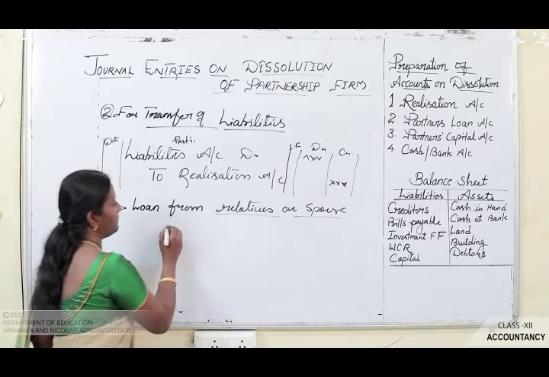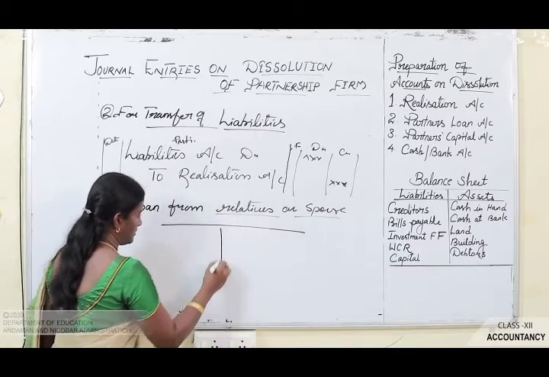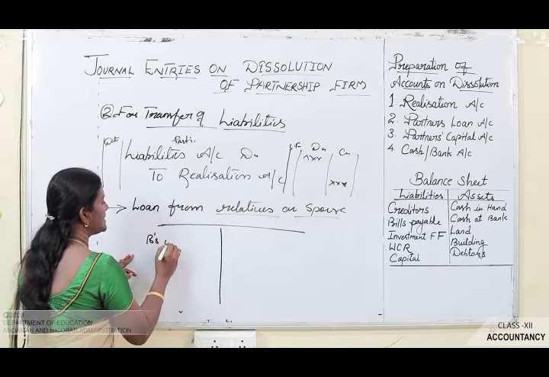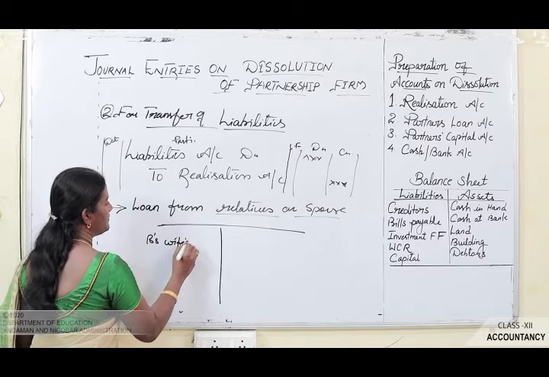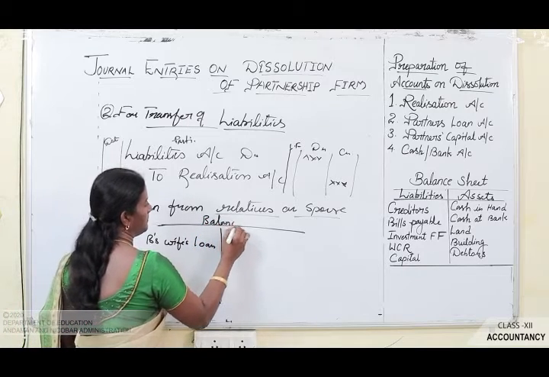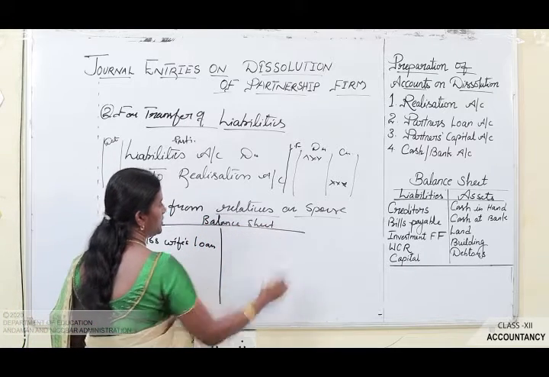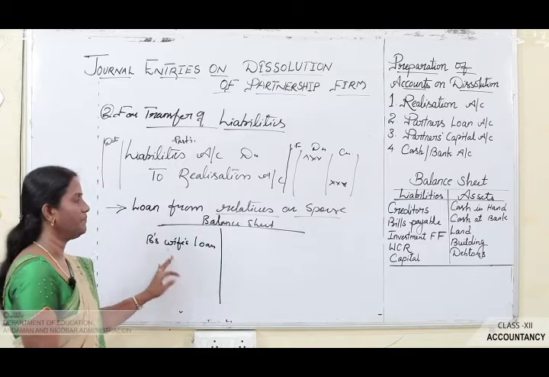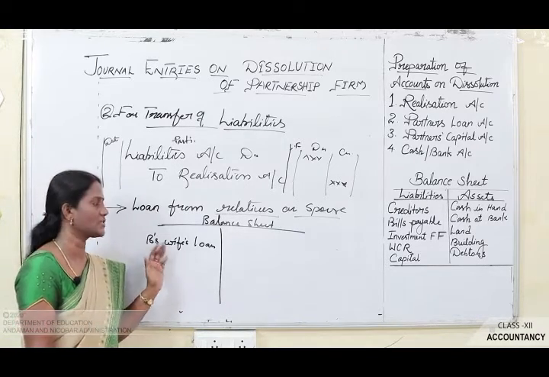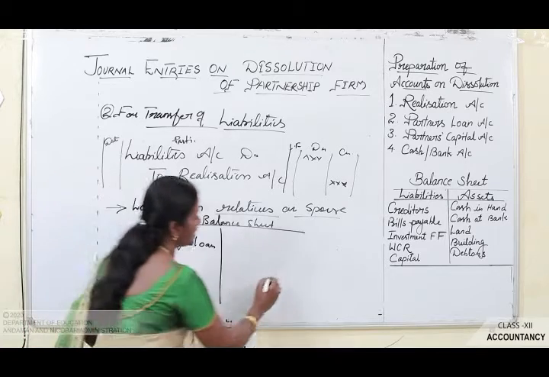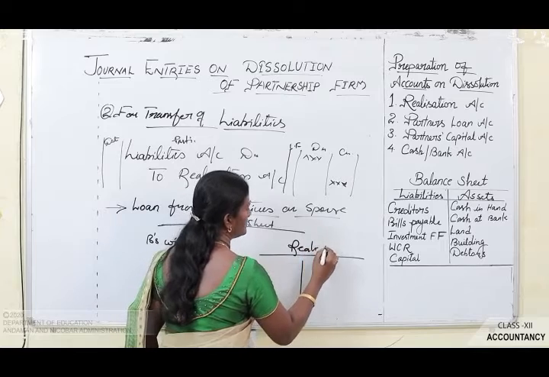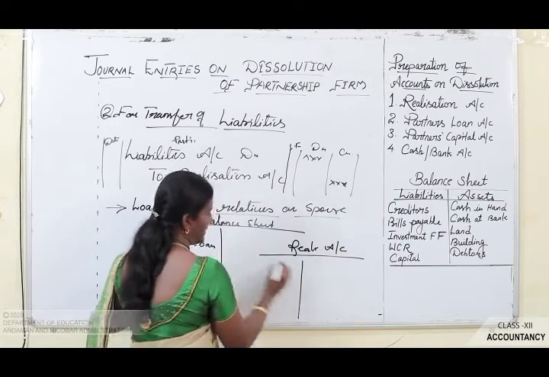So अगर liabilities, अगर for example B's wife's loan is there in the balance sheet, तो आपको क्या करना है, इसको same way जैसा आप बाकी external liabilities को transfer करें वैसे ही इसको भी transfer करना है realization account क्रेडिट साइड में,